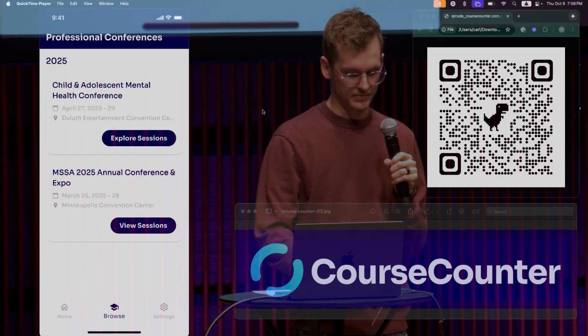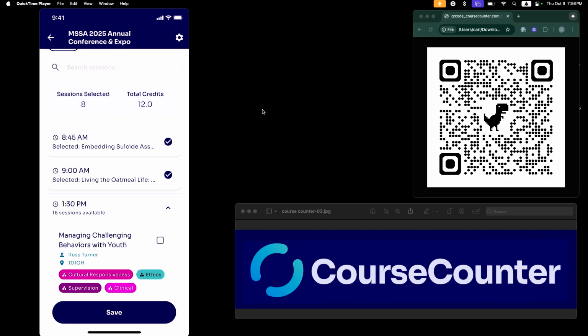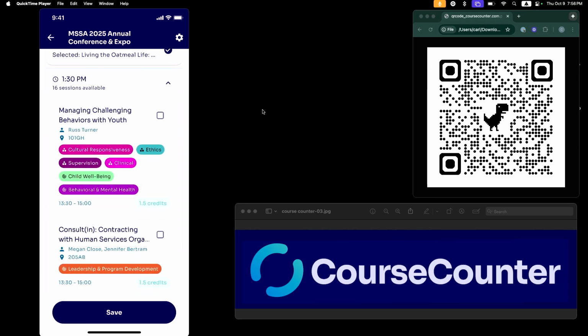Course Counter sits at a really interesting place in this because we understand the requirements of your license in that context, and conferences will publicize their schedule and their session schedule. And in these spaces where licenses are required, they publicize what requirements each session satisfies. So we'll take a look at an example conference here built into the app. And because of that, I can just pull all that information into Course Counter itself, and you can use this as a scheduling tool,